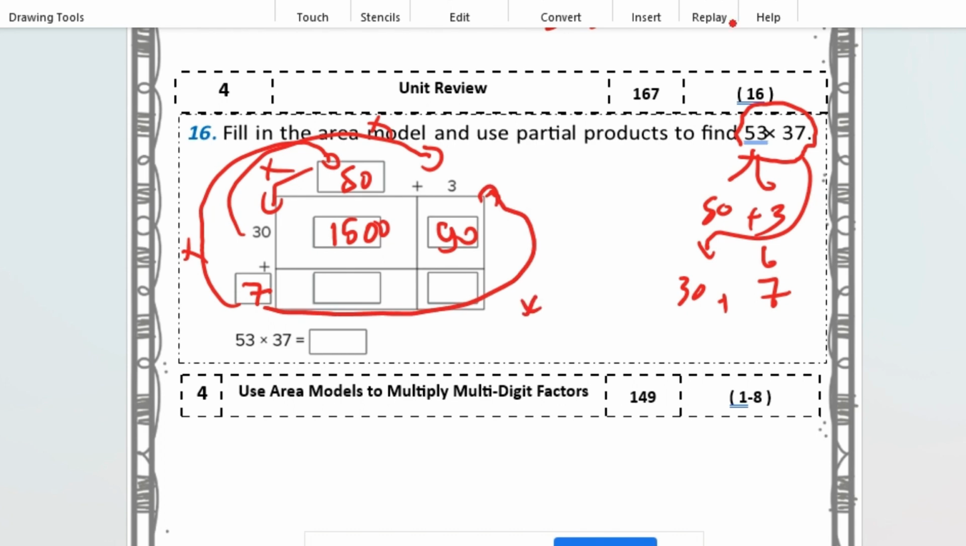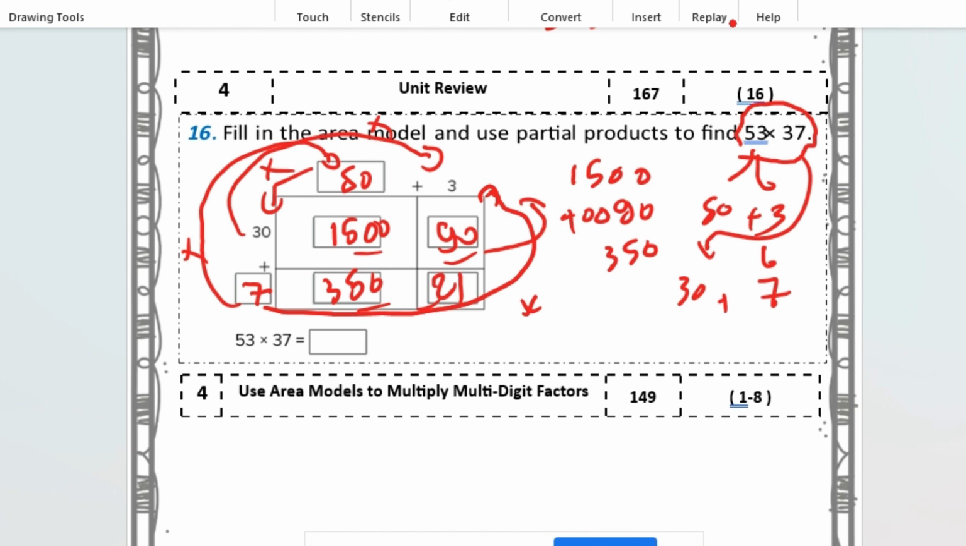Okay, we now also multiply this number by this number, and lastly this number by this number. So 7 times 50 is 350, and 7 times 3 is what? 21. Now these are called partial products. These all are partial products. Now how to find 53 times 37? We're just going to add all these partial products. So 1500 plus 90 plus